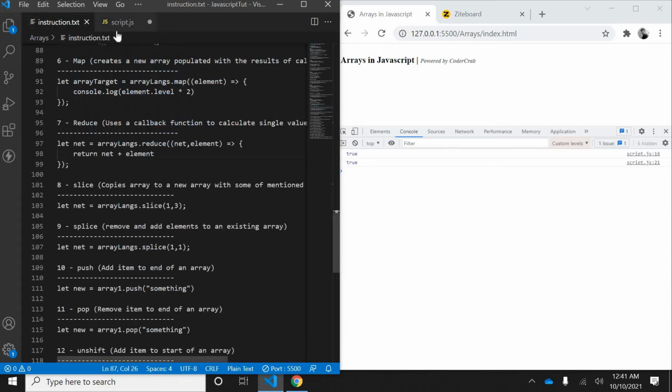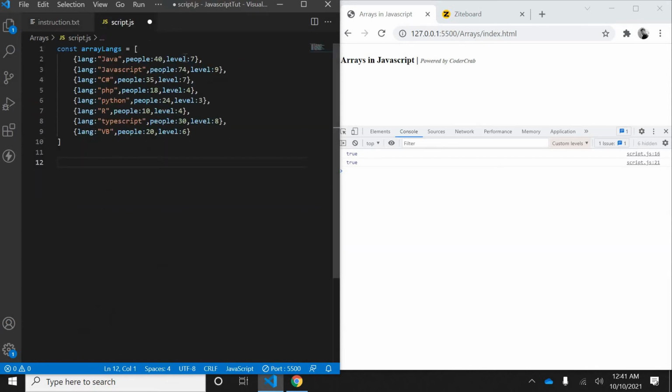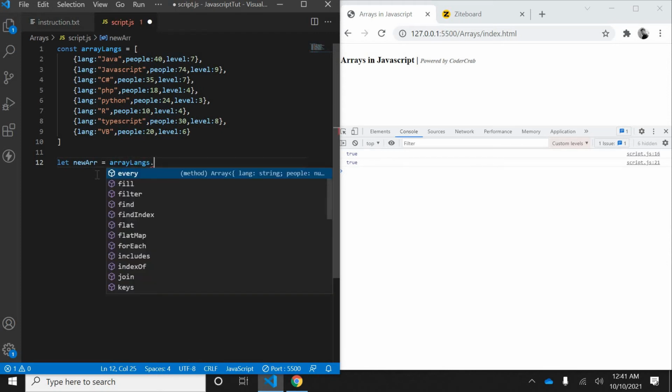So if I want this people value to be multiplied by 2, I have some percentage calculation and I got to know that all these percentages are really not correct. So I am going to multiply by 2. What I'll do is I'll simply take a new array. So let newArray equal to arrayLength dot map, right?